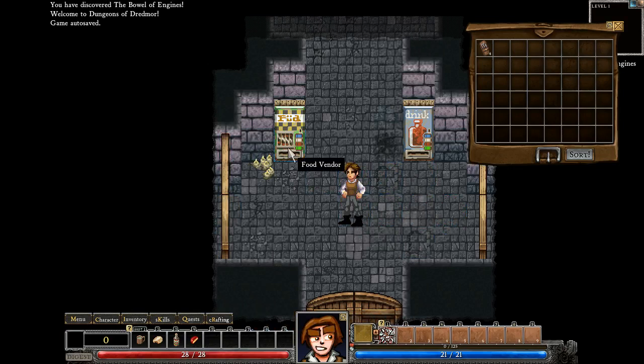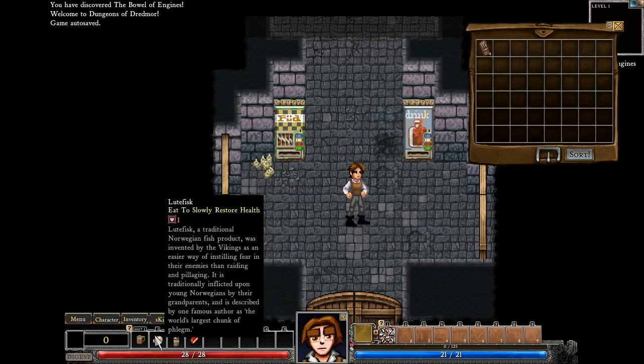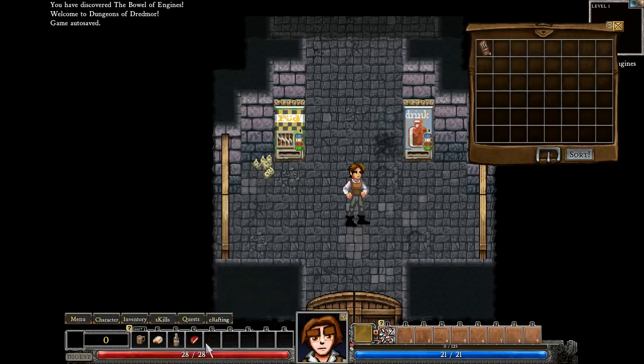We could spend our money, I believe they're called Zorkmins, at either a drink vendor or a food vendor. We can also come across weapon vending machines. It's grid-based, as you can tell if you mouse over any of the grids. This is our inventory down here. We have lutefisk, which we could eat. It's a fermented fish that gives us a little bit of health. We can also drink Dr. Sanin's new style Pilsner, which will give us magical power, and cheeses are going to be our principal way of